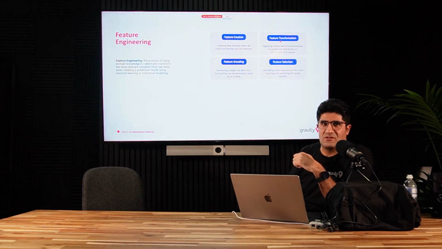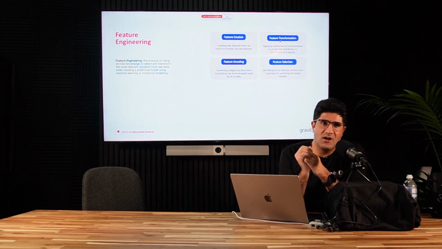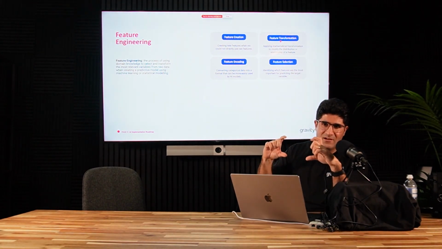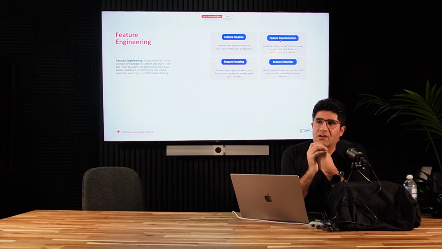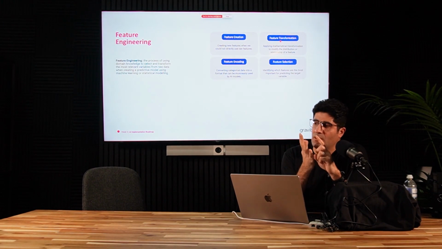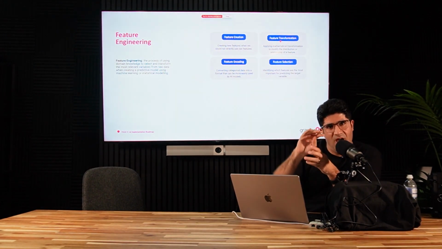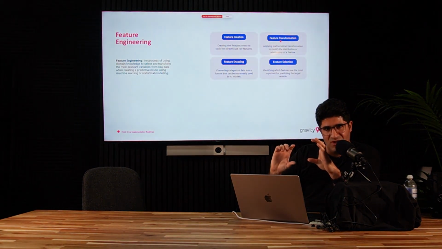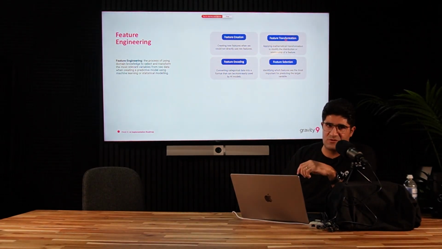Or feature transformation, changing the data from one shape to another shape. Specifically, when we try to scale the data into a similar range. For example, let us say you want to predict the salary of a person based on the age and, for example, the location. If you have different data, sometimes we need to scale them, arrange them or set them in a similar range. And feature transformation is one of those.